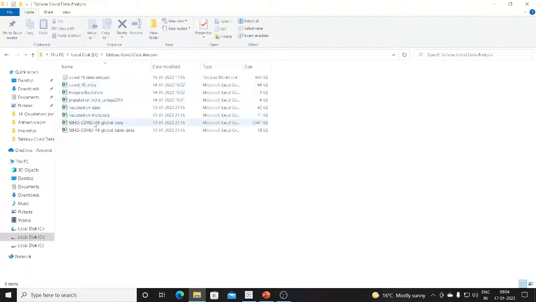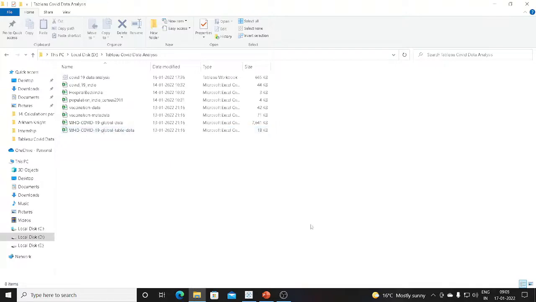Okay, and here I have some data which I have downloaded from the WHO website, where they have listed all the case details globally, India, UK, Japan, and so on and so forth, and this global data also has the same thing. So I have merged both analyses together, and I have tried my best to analyze what has happened already and what is going to happen in the future.